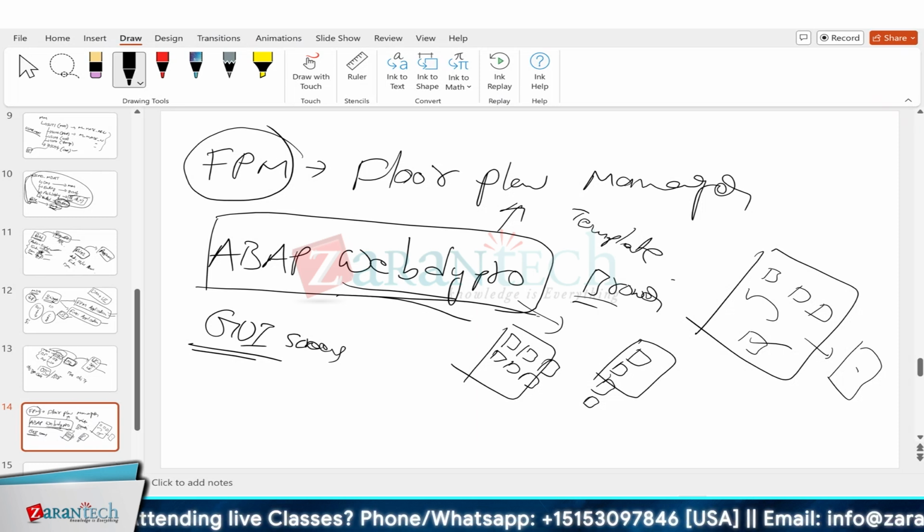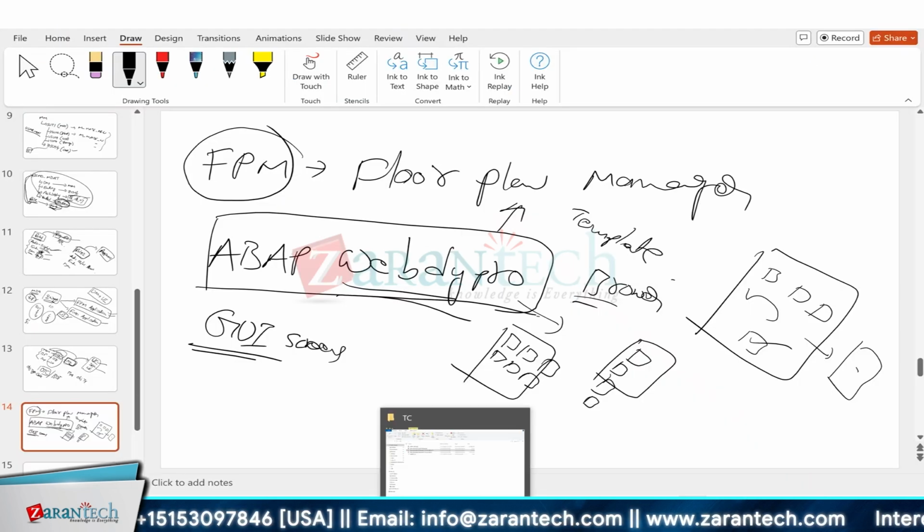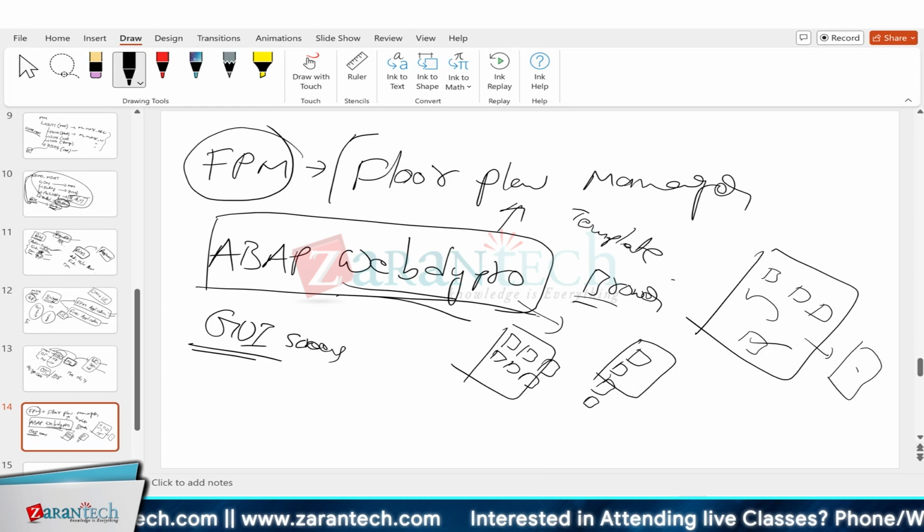So why are we doing that? Because all the presentations will have the same look and feel. And if you look at our initial MDG discussion, during that time I mentioned one of the features is consistency. Consistency means it's not only from the process front, from the configuration front, but also from the UI look and feel front. So in that one, from the UI point of view,